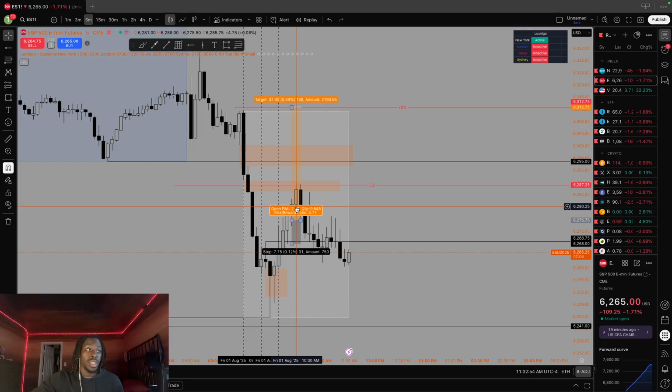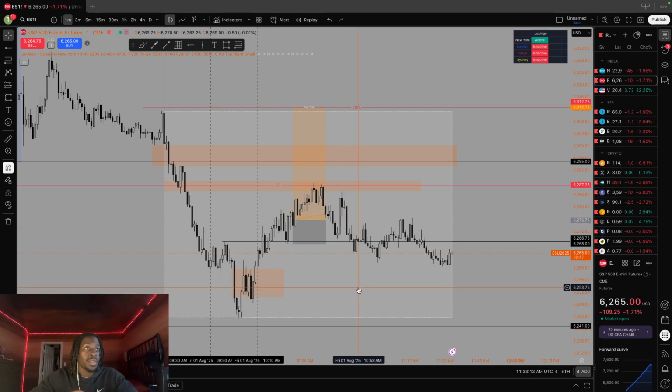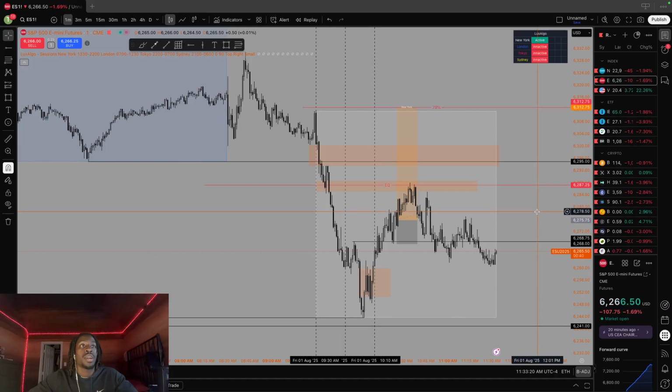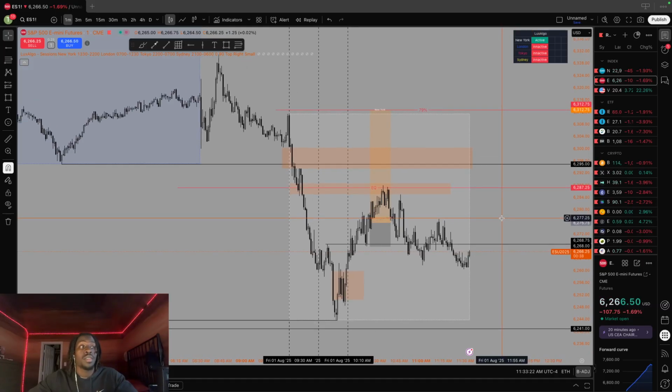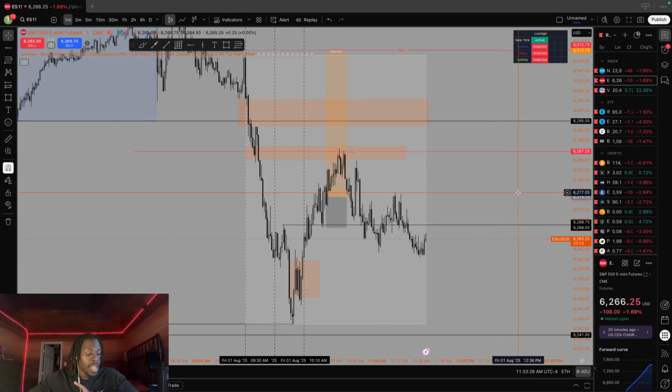But apparently, price wanted to keep going lower. I took profits here and then moved my stop loss to break even, so I was in the trade free, and we ended up getting stopped out at break even shortly after. So we made profit on the day, I think like $500, but profit is profit. It's better than losing 500. So I'm not complaining,